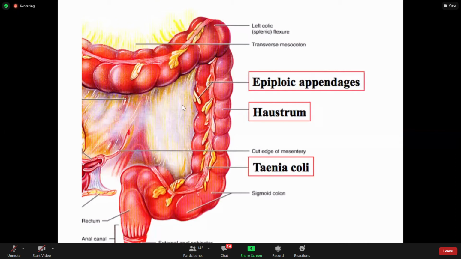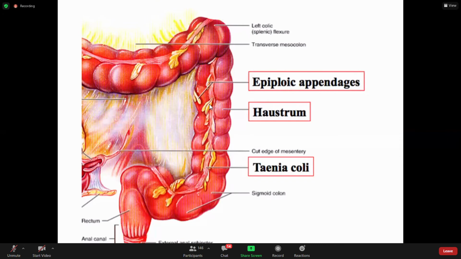So what happens in the case of the large intestine? In the small intestine, a longitudinal layer runs from top to bottom outside the circular muscle layer. While in the case of your large intestine, the longitudinal muscular layer is not present throughout the wall; rather, it is concentrated at three places. That longitudinal muscle cord is present only at 3 points rather than encircling the whole wall.